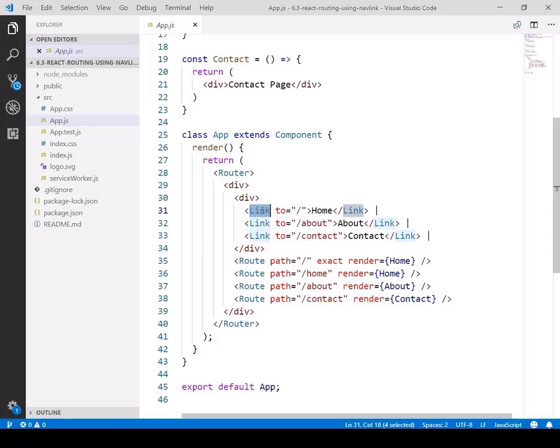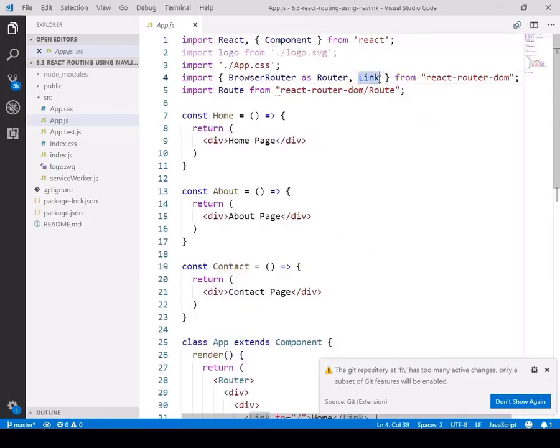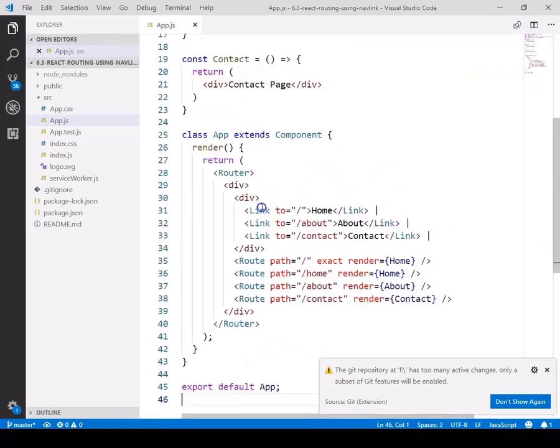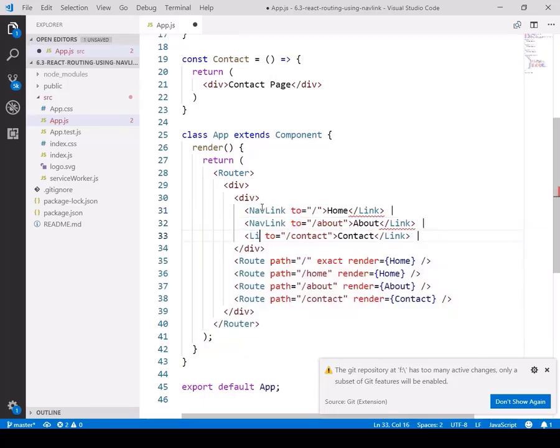Nav link is a subclass which adds some styling information to the rendered element as well, just like CSS that has to be rendered. In React Router DOM, we can use nav link and we will replace the link component with the nav link. We will replace all three links with the nav link.